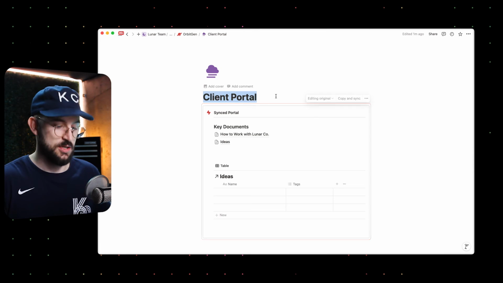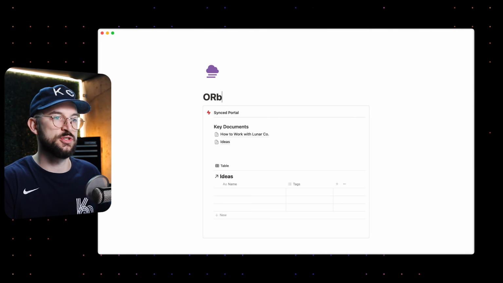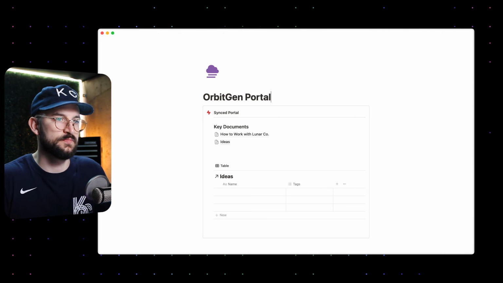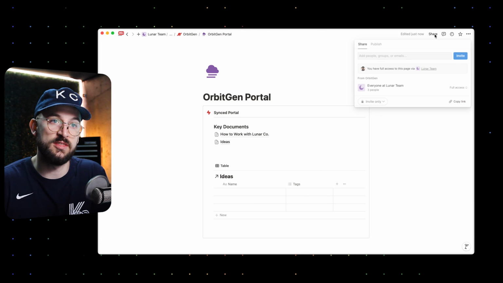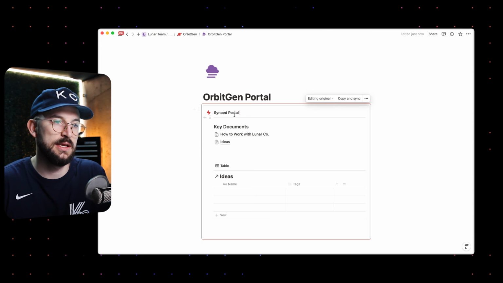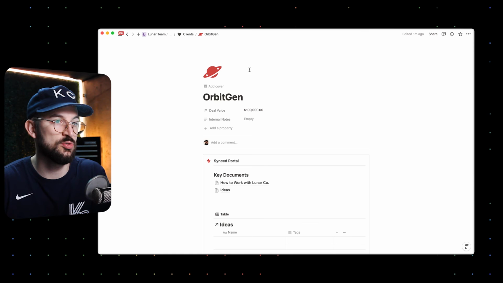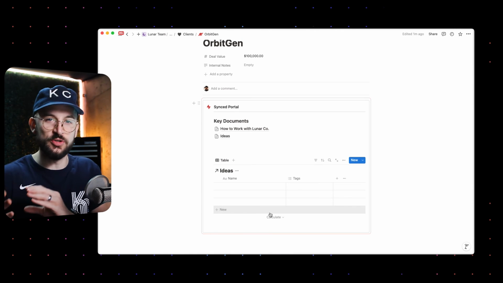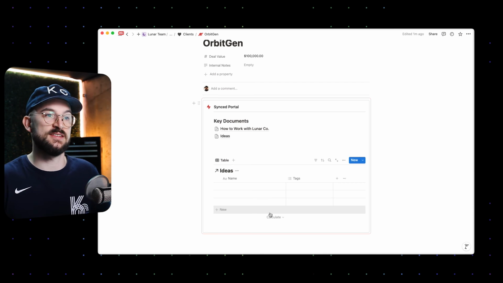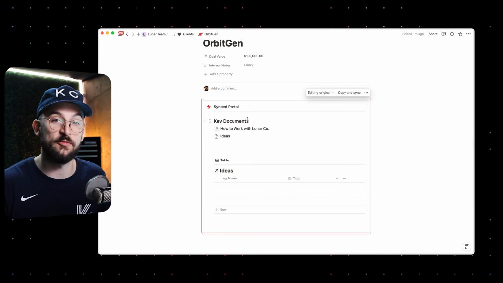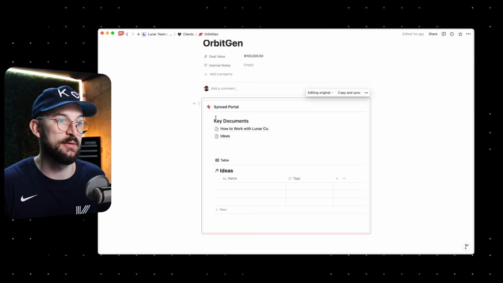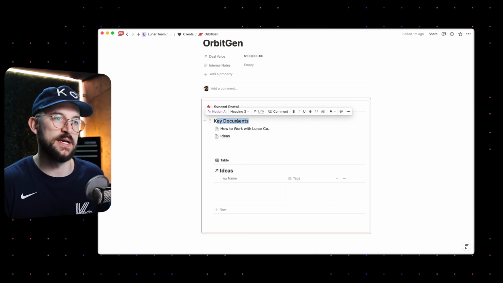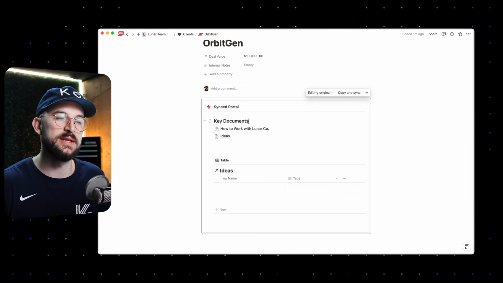So this would be the OrbitGen portal. This is what you would share with the people at OrbitGen, and this is the original block, and this is also going upstream to the internal client page. And so now we have this window into the place that we already have access to, so we already have permission cascading access to be able to edit this because it's in our workspace,